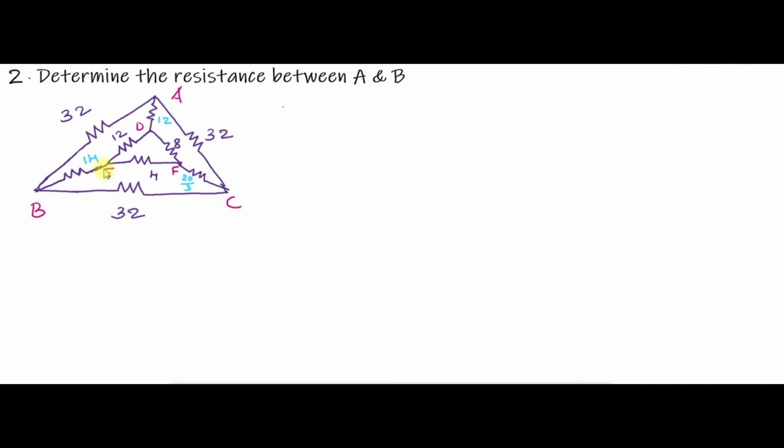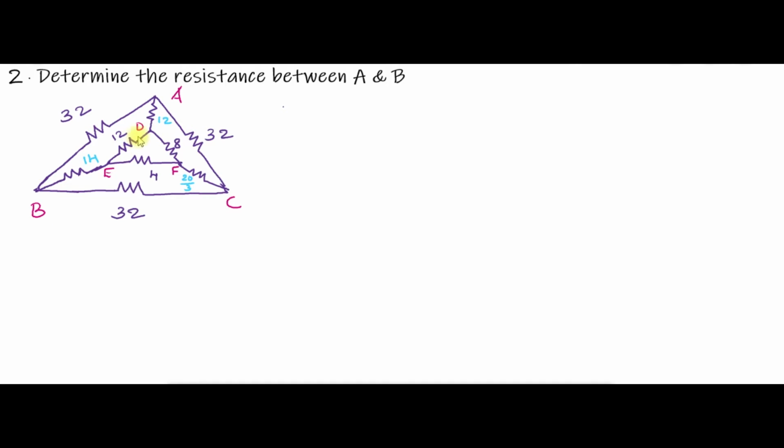First, when you see this question, you will consider this as a very complicated question. But it's a simple question if we consider this circuit in an order. So here you can see a delta connection, that is this D, E and F. First you have to convert this delta into star. So first redraw this circuit and convert it into star. Then you can consider these points, this 12 ohm, 14 ohm and 20 by 3. Then you can easily find out the resistance between points A and B.